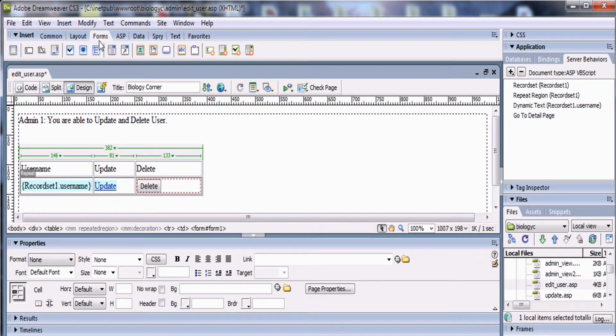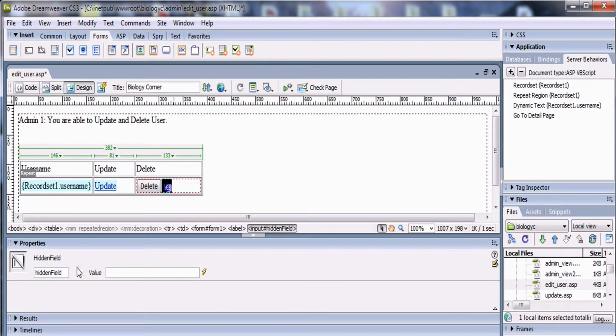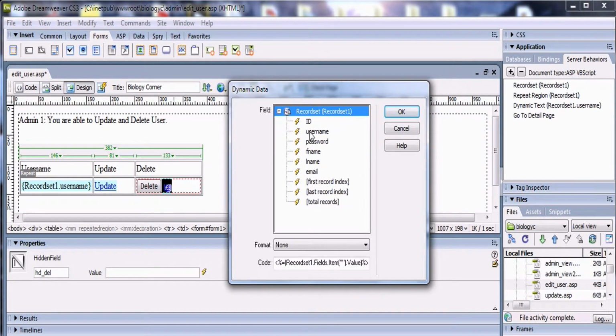Next, go to forms and drag the hidden field and rename it to htdelete, and go to bind to dynamic source, choose ID, click OK,